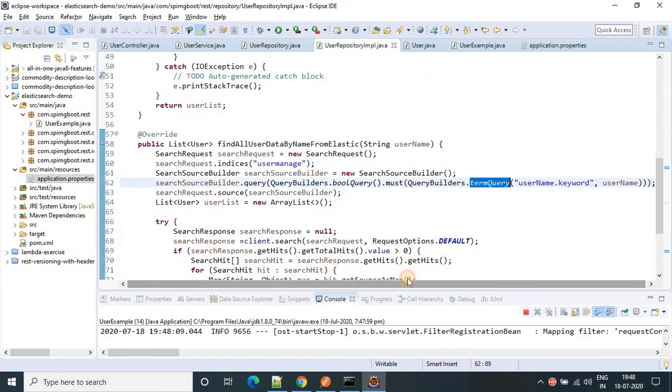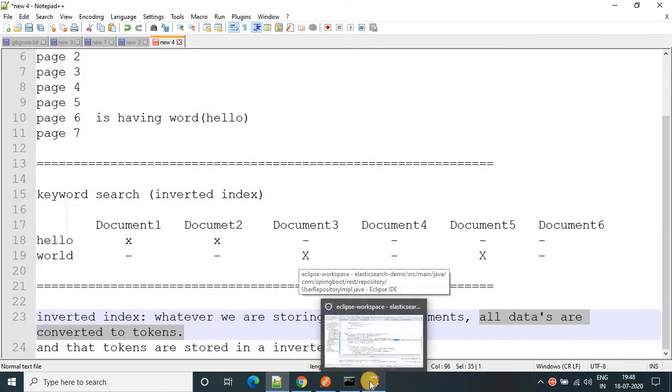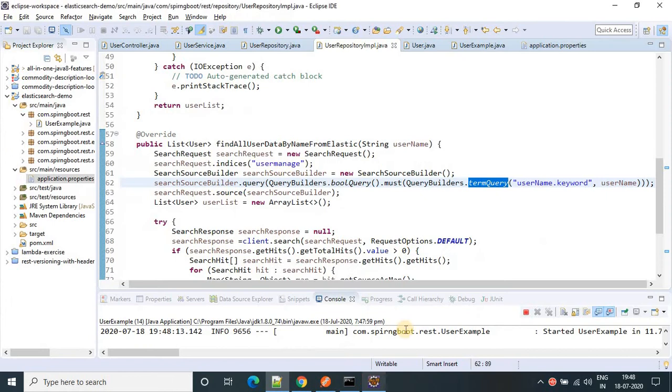Now, we saw how sentences are converted into tokens. Based on that, Elasticsearch will search either on the analyzed text or on the keyword. If it searches on the analyzed text, it will search the first token, second token, third token, fourth token. But we are telling it to search based on the exact match.